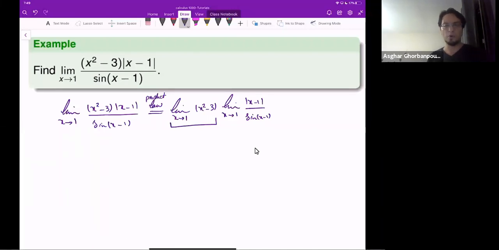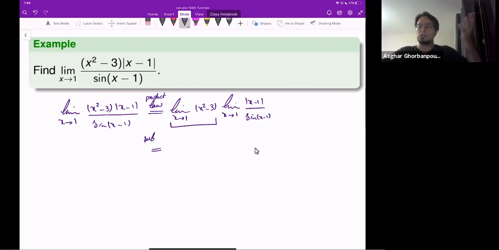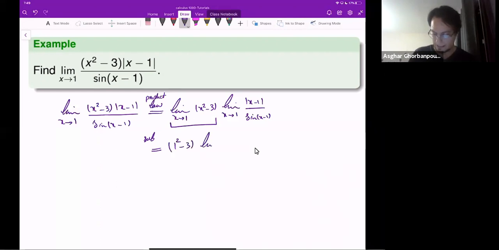That is the limit of a polynomial, and for a polynomial, substitution is what you need to know. In other words, polynomials are continuous. Finding the limit is the same thing as evaluating the function. So it will be 1 squared minus 3 times the limit of absolute value of x minus 1 over sine of x minus 1 as x goes to